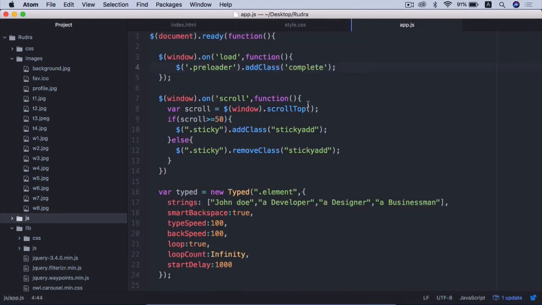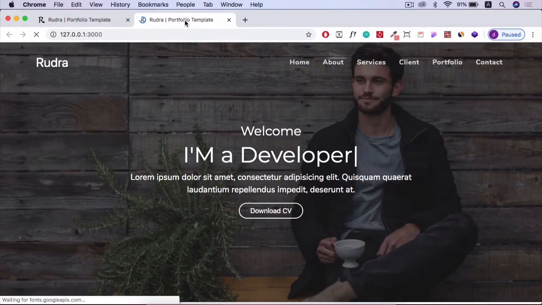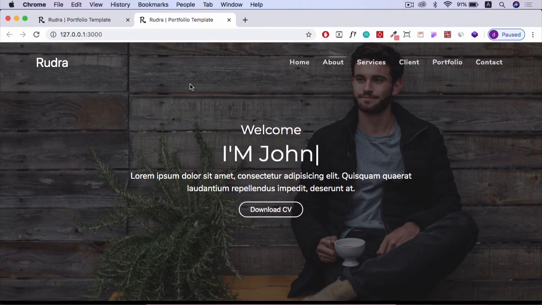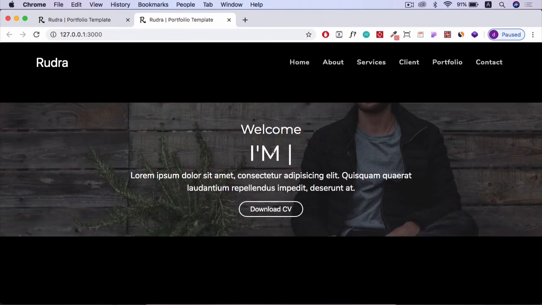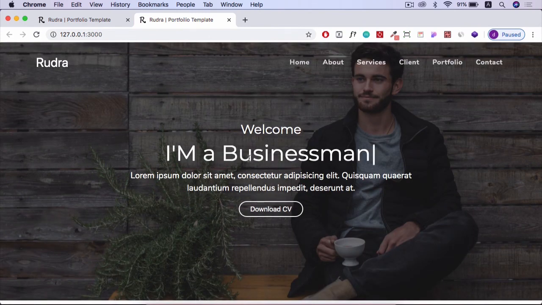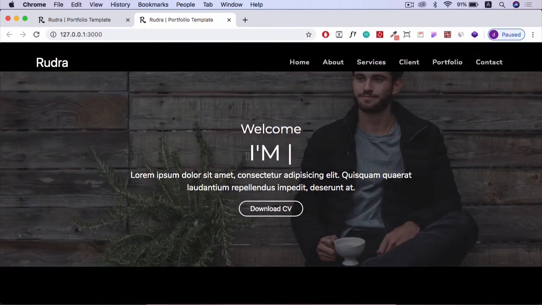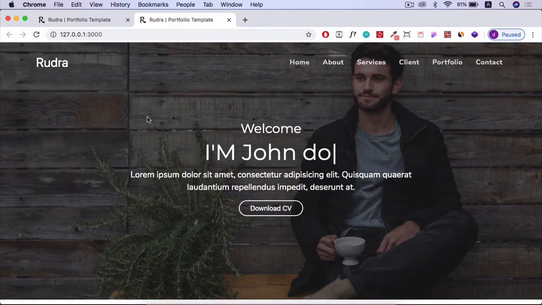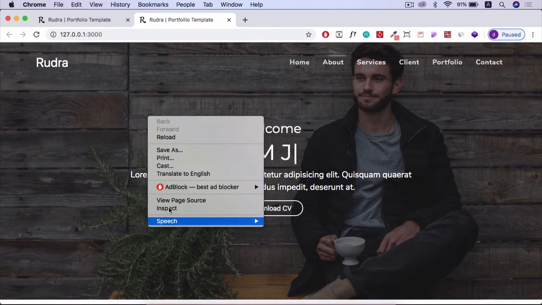First save this, go to a page, let's refresh, see a transition effect, but you don't see the circle here because it is loading very fast. Just a hint of the circle is being shown. So you can do what? Just right click, click inspect,